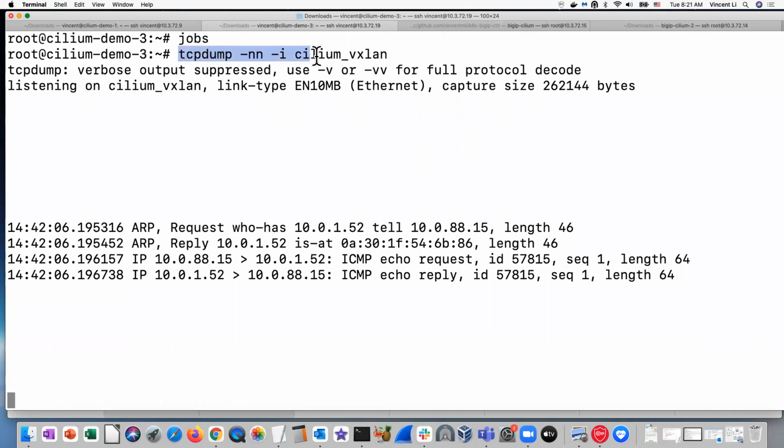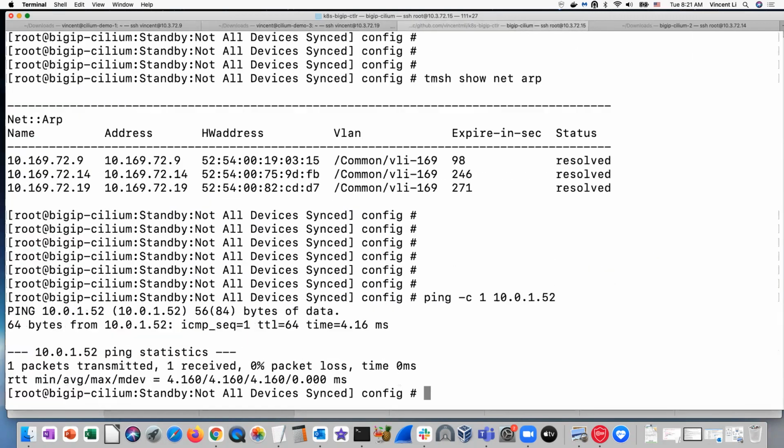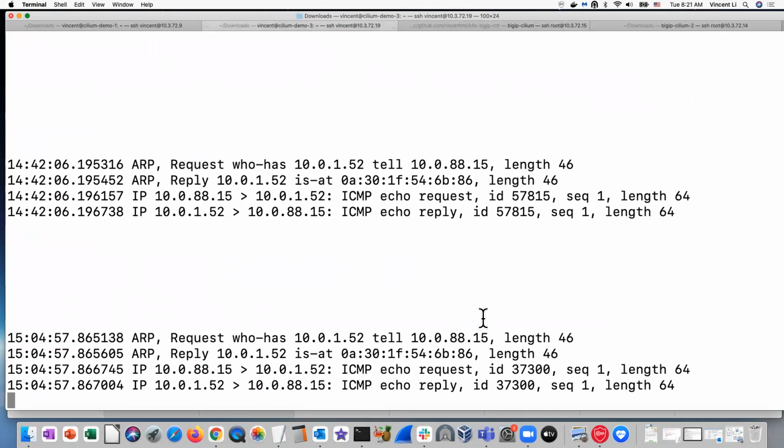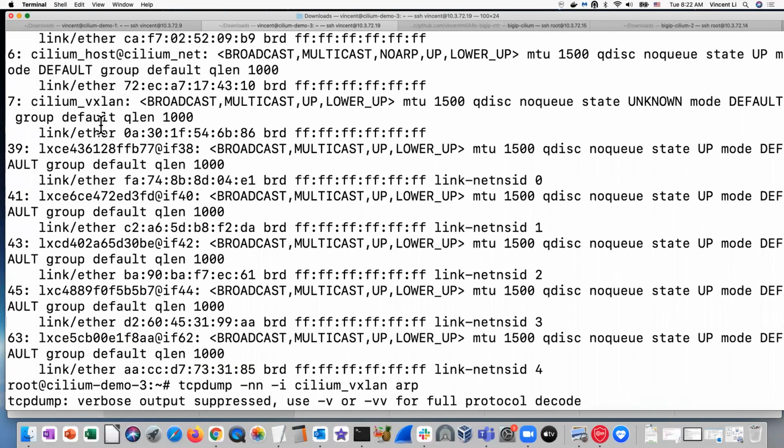So here on the Cilium node, I run a tcpdump on the Cilium VXLAN interface, since we are going to send the ARP reply from this interface. And yeah, so let's do a ping request. Okay, so as you can see here, we got an ICMP reply back, so the network is working. And if we look at the tcpdump here on the Cilium VXLAN interface, this is the ARP request. So this is the ARP reply, and it says this pod IP address is at this MAC address, and this MAC address is the Cilium VXLAN interface MAC address